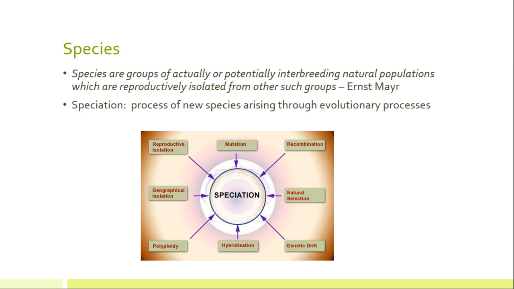So when you really are defining species, you're looking at balancing these two ideas of an interbreeding population that's reproductively isolated and a unique genome, right? Those combined, because there are some problems with this. Potentially interbreeding, well, if two populations aren't interbreeding, how do you know if they can interbreed? So there are some issues with that, and again, we'll talk about this later on. But basically, speciation is the process of new species arising through these evolutionary processes, specifically natural selection and sexual selection. And sexual selection we're going to talk about later on. And isolation, right? So selection and isolation make species.